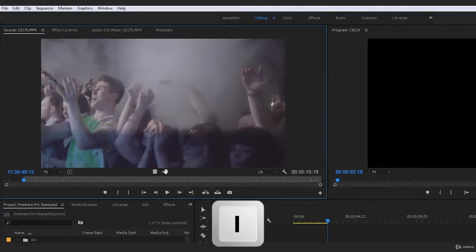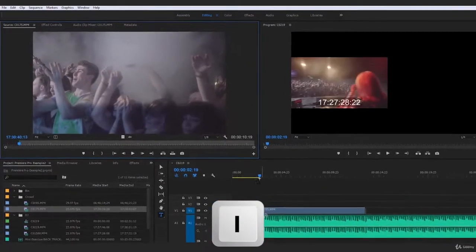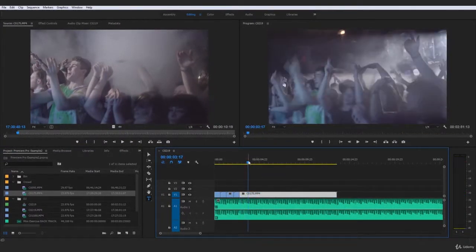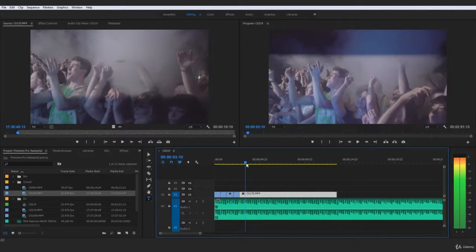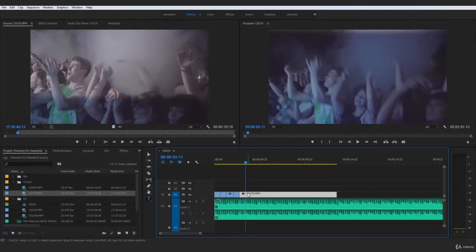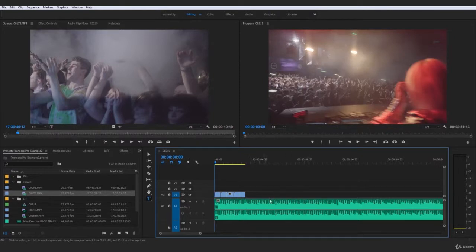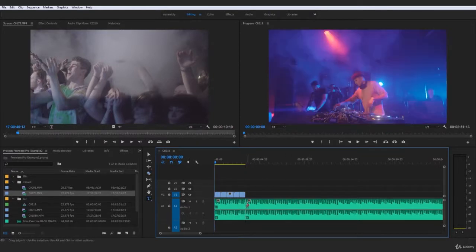Go ahead and press I, and we'll just go ahead and hover over that drag video only, drag that in, and now look for another significant beat. And it looks like it was that one there. Chop that out, go ahead and chop that. And now if I actually go ahead and just give this a play, we will have created, actually if I chop the song at the end as well, or just after